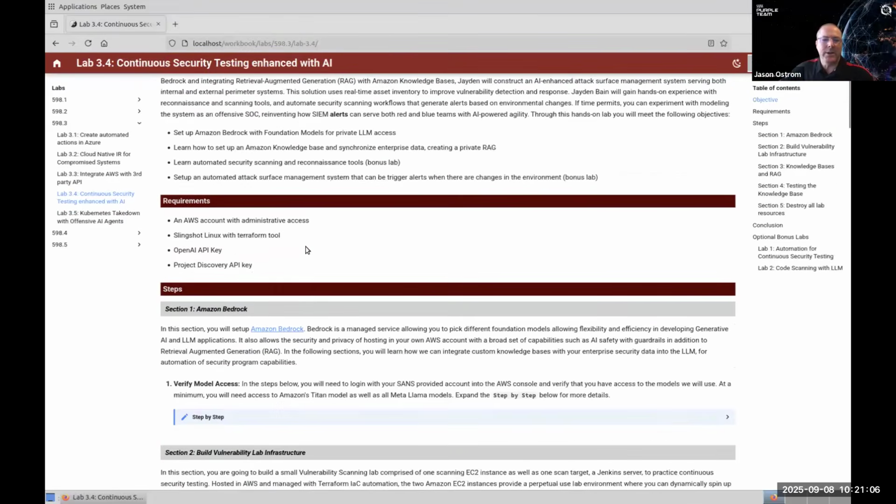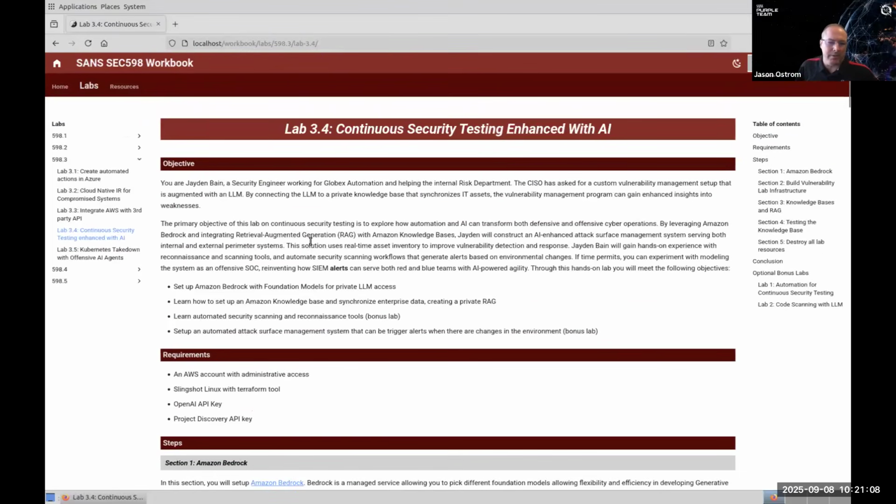So what we do here is we talk about a use case around vulnerability management and attack surface management. So we have a lot of pen testers and red team guys and gals that come through the class, and they're like, I want to be able to automate setting up a pen test infrastructure. I want to be able to help do ASM, attack surface management. So what we did here is we showed you guys how to augment your Amazon Bedrock with a knowledge base